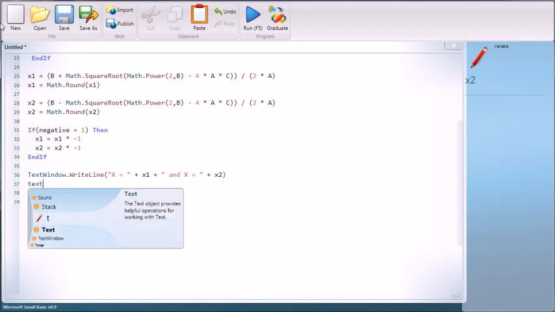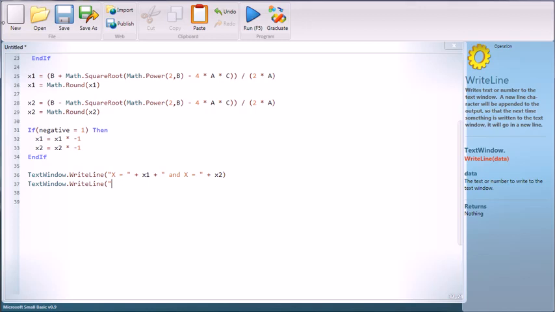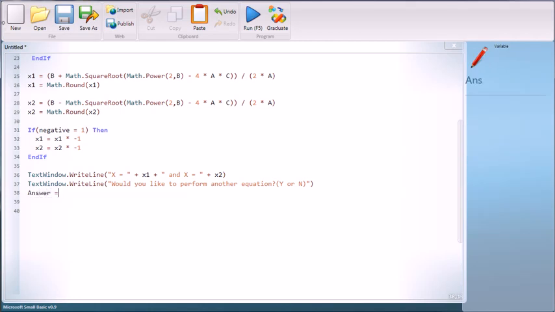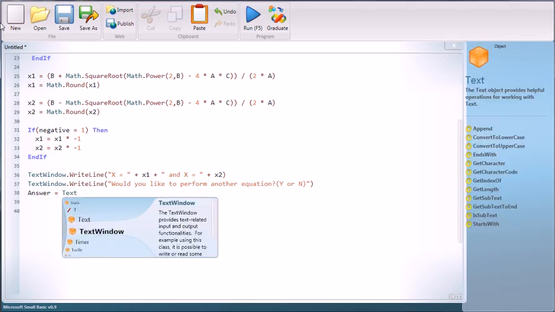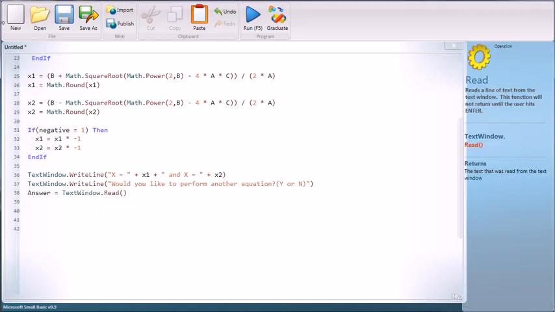And close the parentheses, text window dot writeLine. And now, after we've printed out their answers, they can have the time to write it down, and we're going to prompt them to reiterate the while loop. So would you like to perform another equation? Answer. And it doesn't really matter what variable name you give the answer. You could do capital A for all that it matters. But again, just so that no one else gets confused, we're just going to make the variables as self-explanatory as possible. If